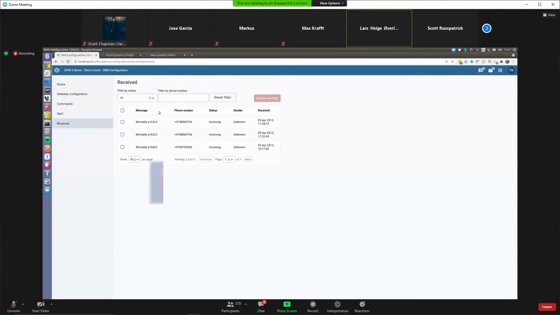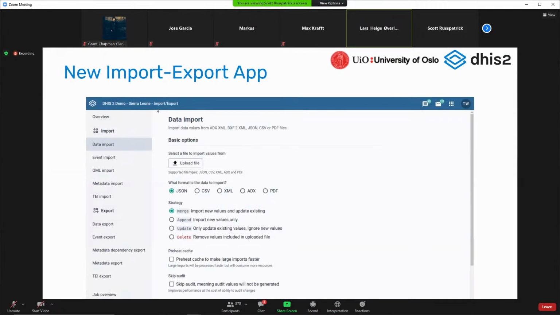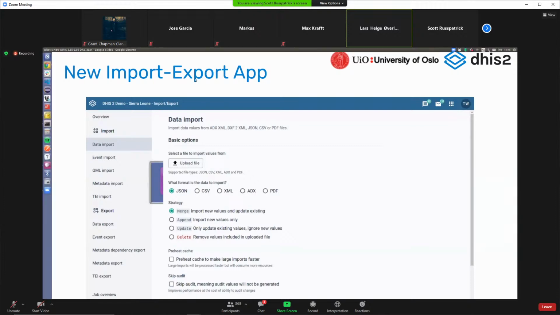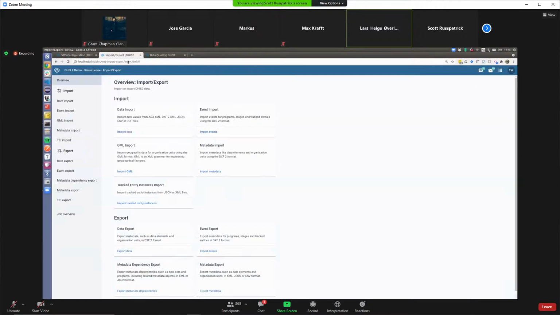Okay. We also included a new version of the import-export application. And again, it's the same functionality, except that we made it a lot more user-friendly, looks better. And we also exposed a lot of the options that we have in the API in the user interface. So in this case, the API actually had kind of outpaced the UI quite a bit. There was a lot of options that we haven't exposed in the app that is now exposed in the user interface. So by having a look here, we can see that we have an import section, we have an export section,